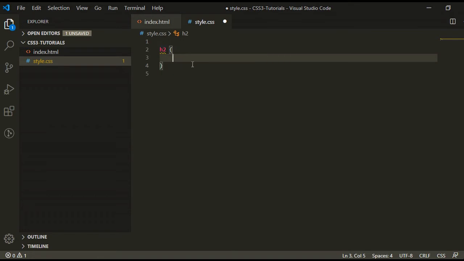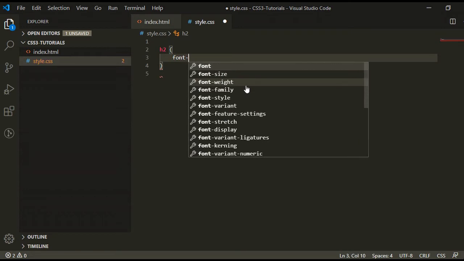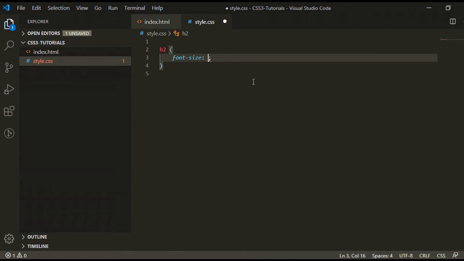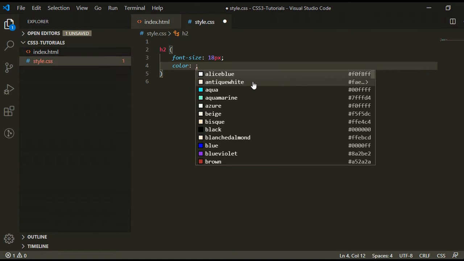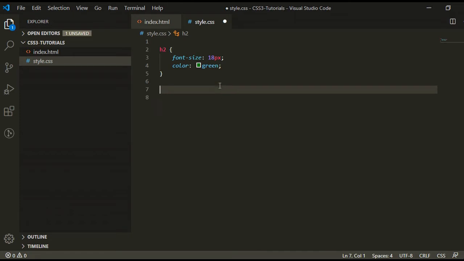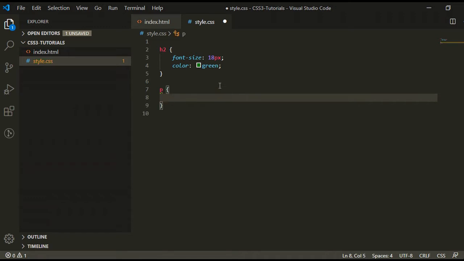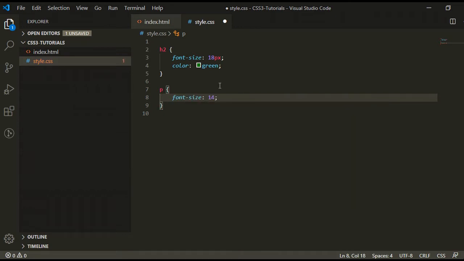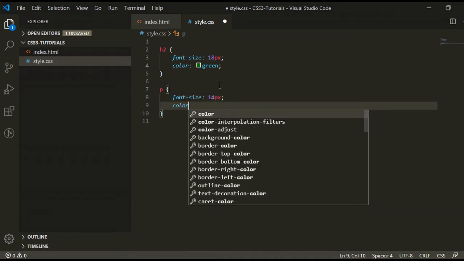apply on this element. So suppose I have to give the font size, 18 pixel, color, suppose give it green, and same as I have to select the paragraph tag, then write the name of the paragraph tag and write some CSS property for this, like font size, color,